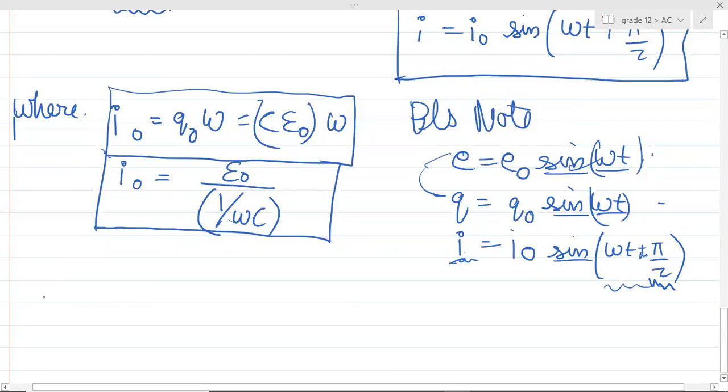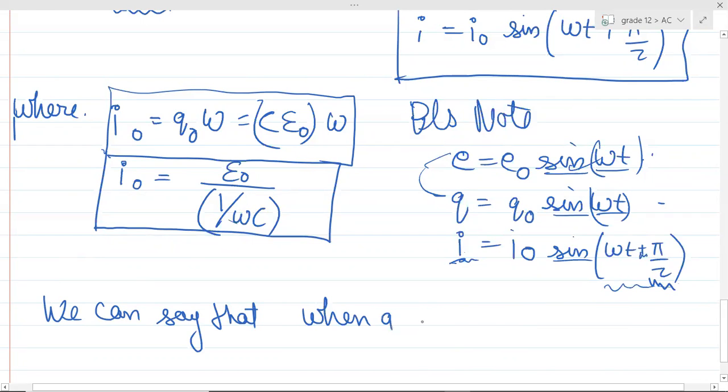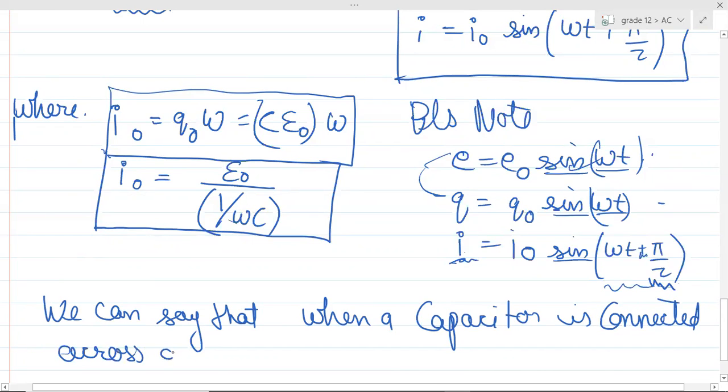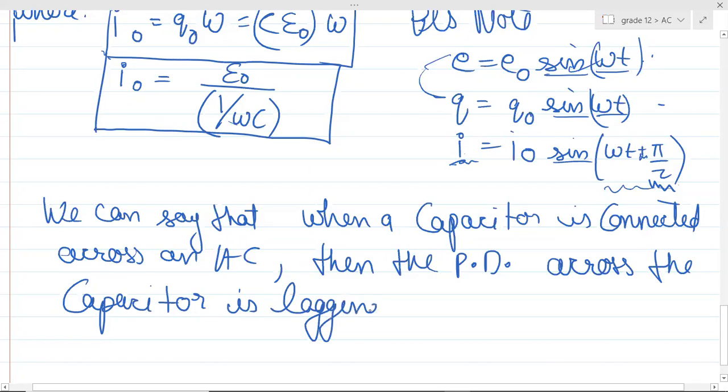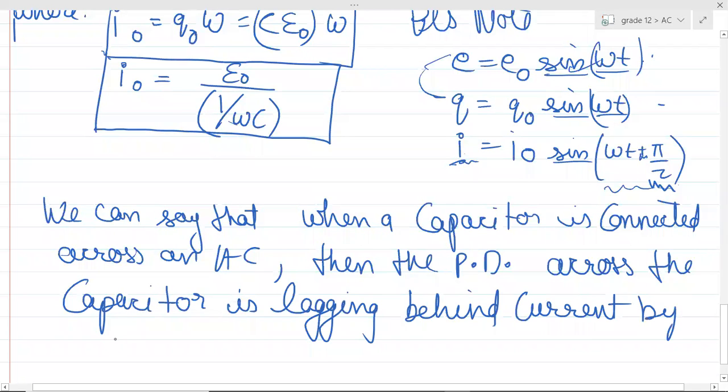So from all these equations, we can say that when a capacitor is connected across an AC, then the potential difference across the capacitor is, can you see, lagging behind current by a phase difference of,